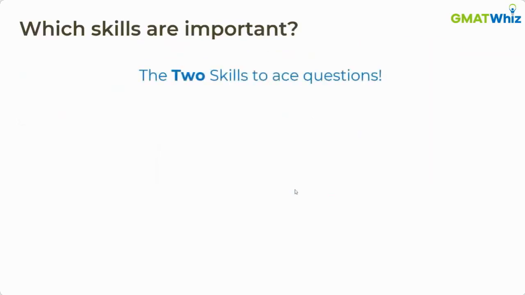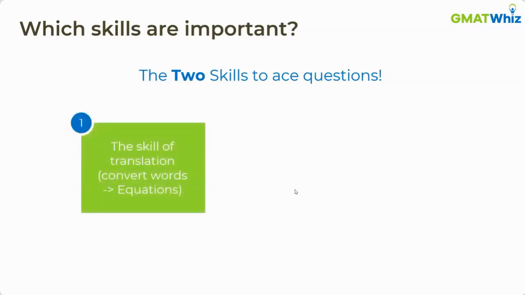So what I'm going to do is talk about two skills first, which will help you in solving any question. These skills are applicable almost everywhere, in most of the questions. One of the skills is obviously the skill of translation. In mathematical terms, it is when you see a wordy question, which we call a word problem, are you able to disseminate the information and set up an equation or not? If you're able to set up an equation, then your translation skill is good.